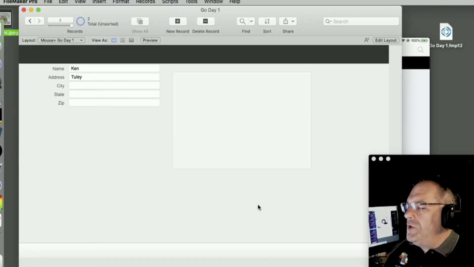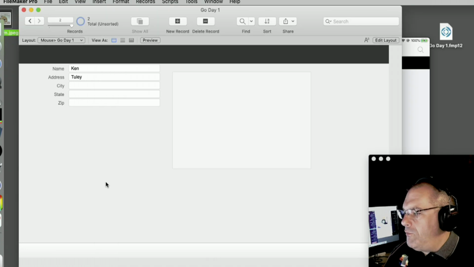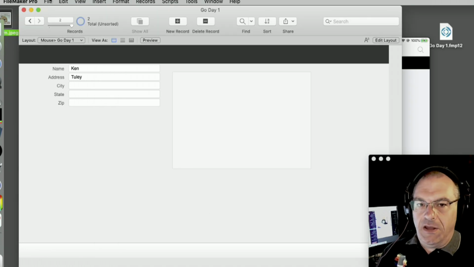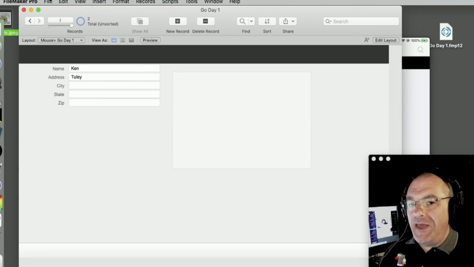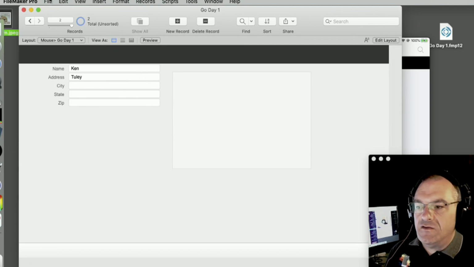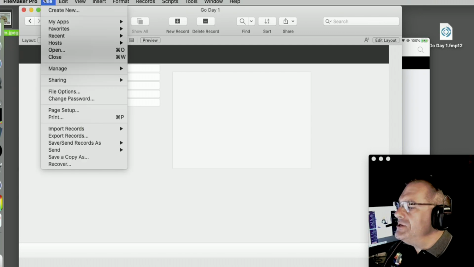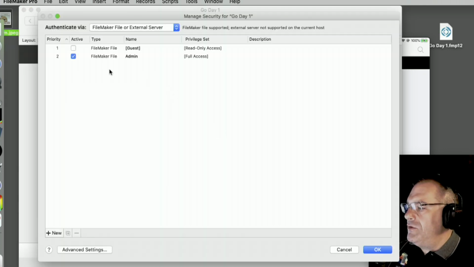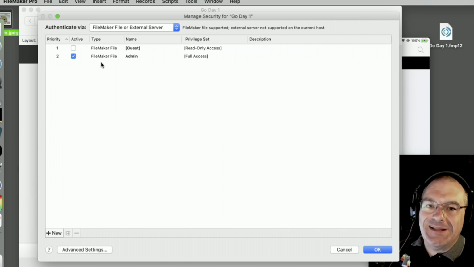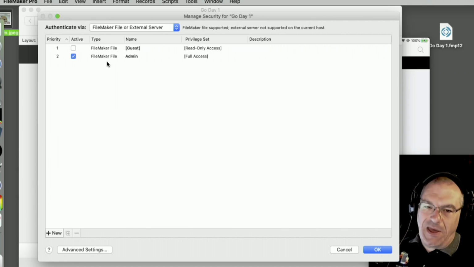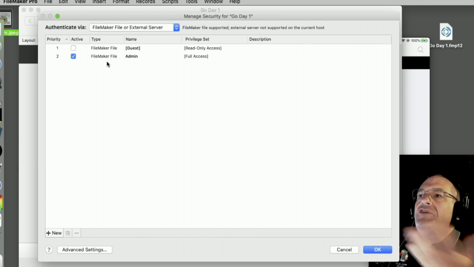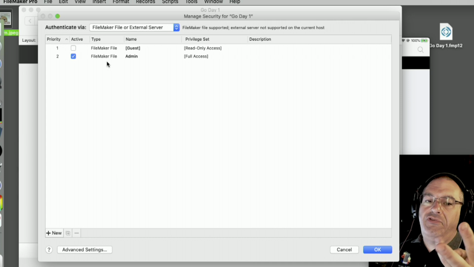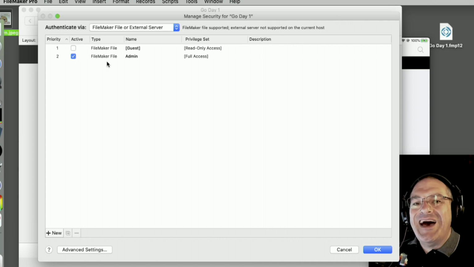Something else comes up that we need to talk about, it's a very important concept. When we did the security, FileMaker tried to help us a little bit automatically by taking certain assumptions and guesses. The reality is that when you set up security in an application, you have to basically tell FileMaker what kind of clients are allowed to access it. It's not just username and password. With username and password, you should be able to restrict what layouts a person sees, what records a person sees. You can also restrict the kind of client